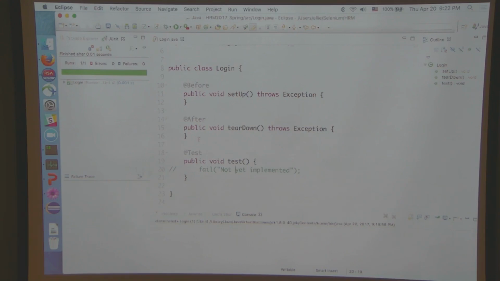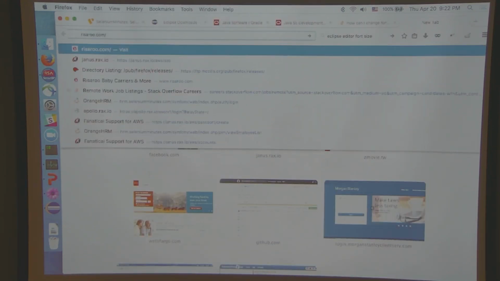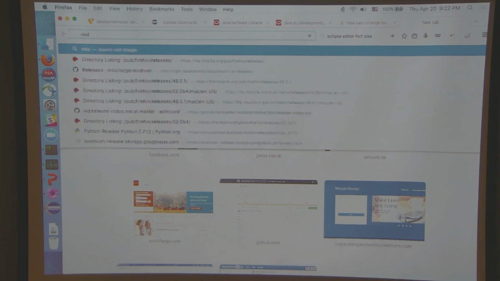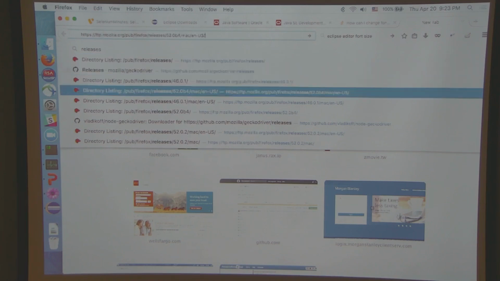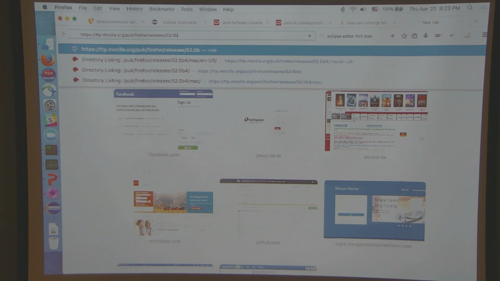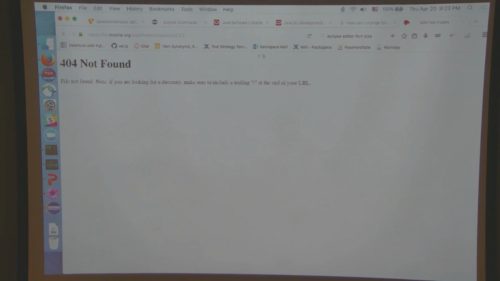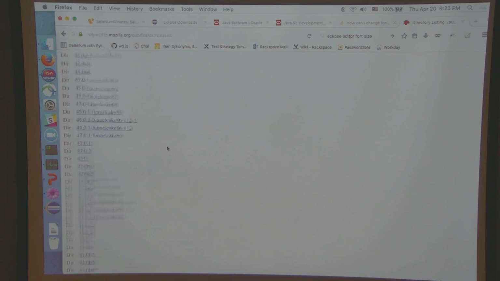If you have version 52 of the browser, awesome for you. Don't upgrade. If you don't, you will need to downgrade or upgrade to 52. How to do this? We will go to the following URL. I believe it's this one? No, I have to find it, sorry. 52, where are you?